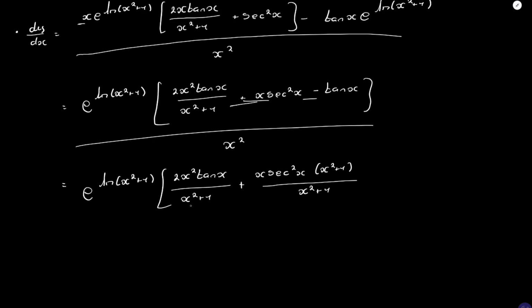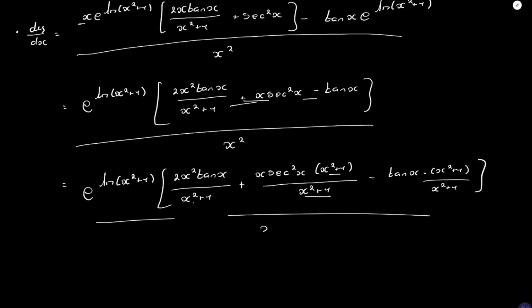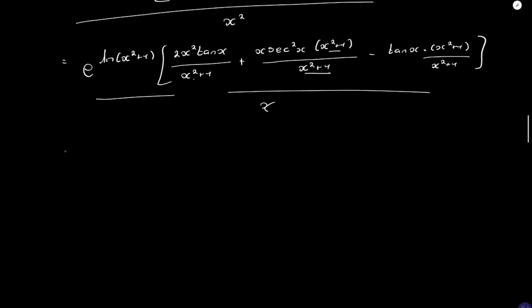If you notice, I'm trying to make all of their denominators the same. So if I add this denominator in this term, I need to add it again in the numerator in order to avoid a complete change in the expression. Minus tan x times x squared plus 1, divided by x. This then simplifies to e to the ln of x squared plus 1 in braces